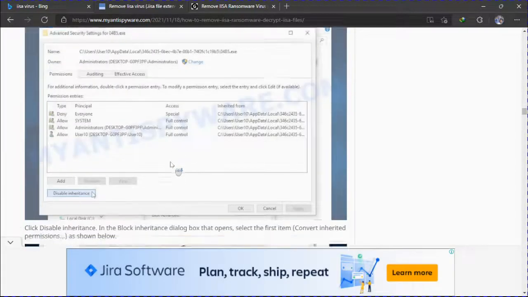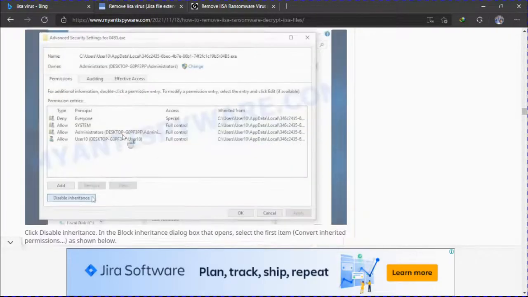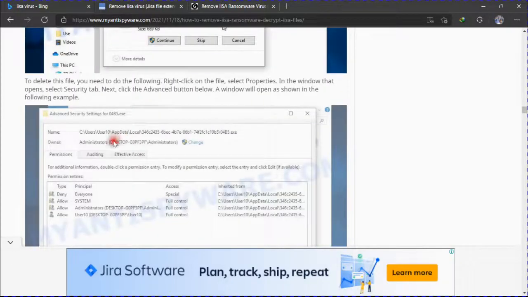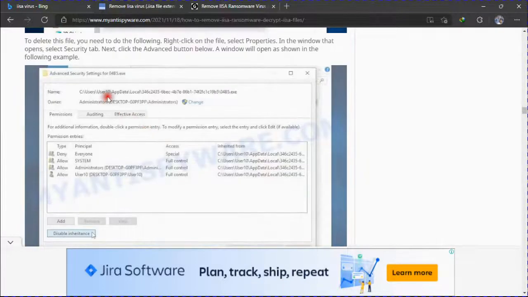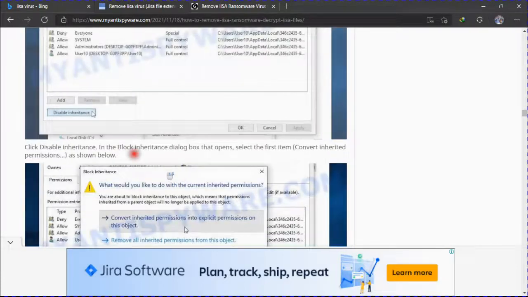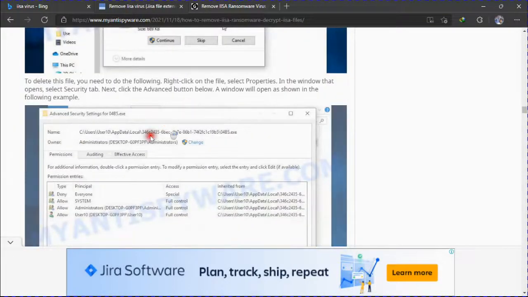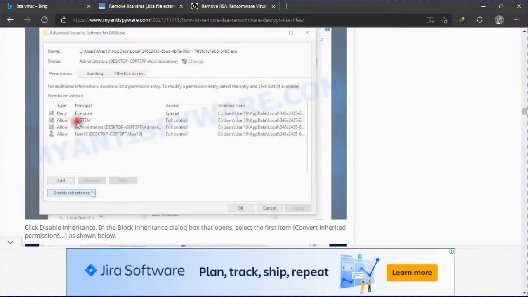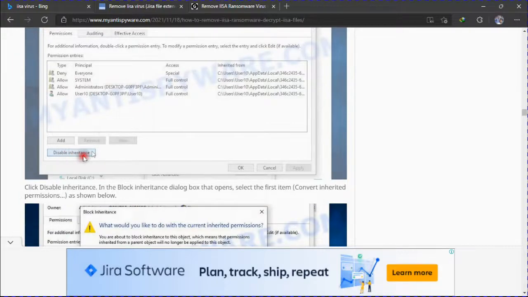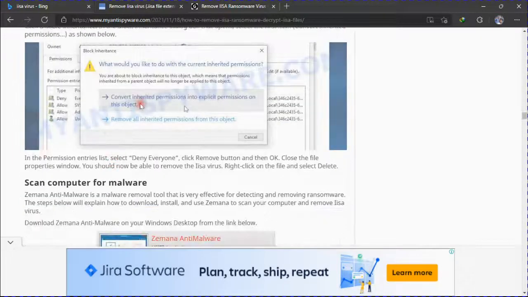It will not delete, so first you have to change the access. Go to the file location, then open security, click on the security tab, change this to everyone, disable inheritance, and then convert.